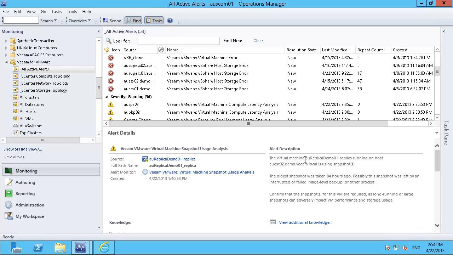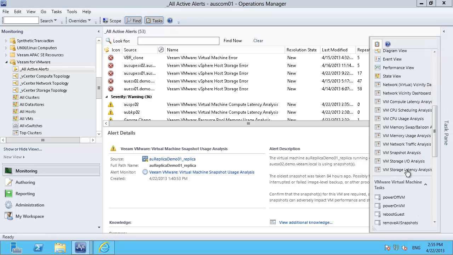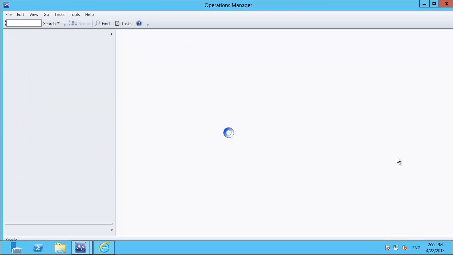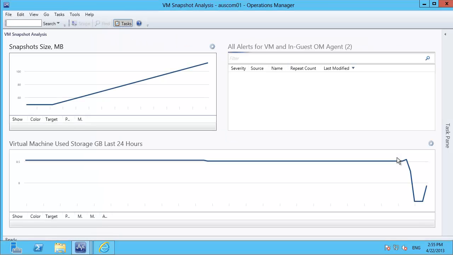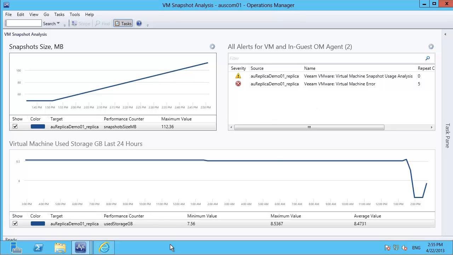Now, I happen to know that this virtual machine is a replica, so I would expect to see snapshots on there, but I might not expect to see them with other virtual machines. So again, what I can do is drill in, and using a context-sensitive task, I could launch snapshot analysis, just for argument's sake. And here, again, we can see the size of the snapshots over the course of the last 24 hours,